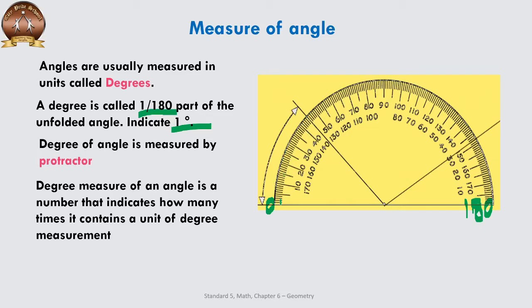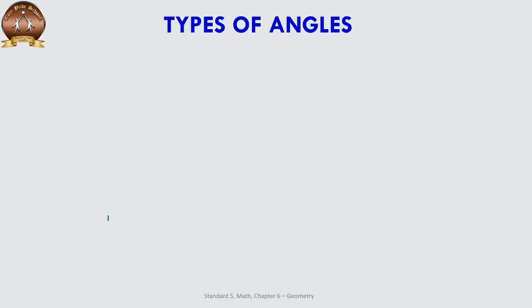There is a point to be noticed here that starting from this side 0, we end up with 180 over here. Another place is over here where 0 is inside and the inner scale is also there, which ends at 180 on this side. So you have to be very careful while using these scales. That is the protractor, because it is a D in shape, so it is also known as a D.